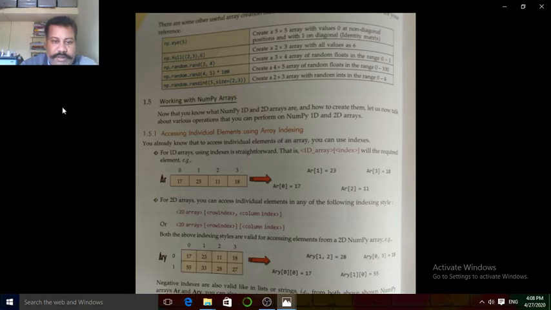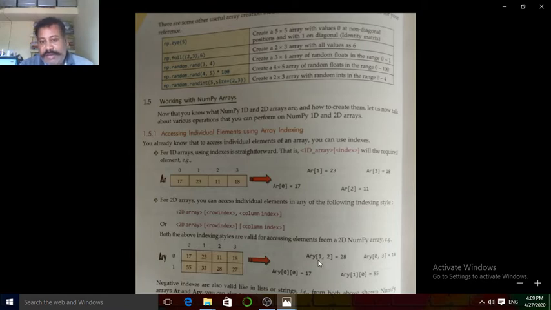Similarly, for a two-dimensional array, we use row index and column index. See here, there is a two-dimensional matrix ARY whose index is 0 and 1 as row wise, and 0, 1, 2 and 3 as column wise. Now we can check the value at an index of the two-dimensional array.